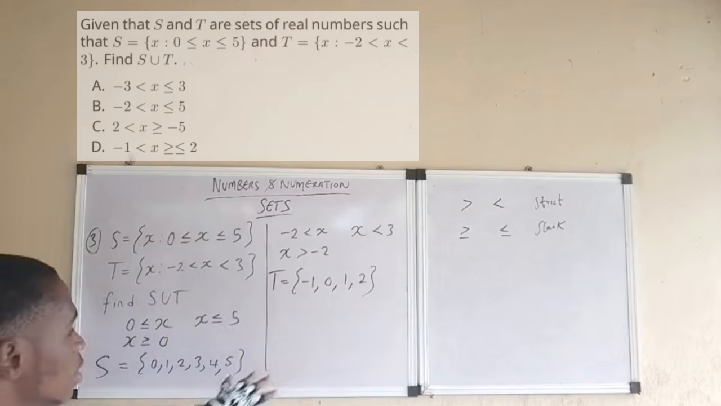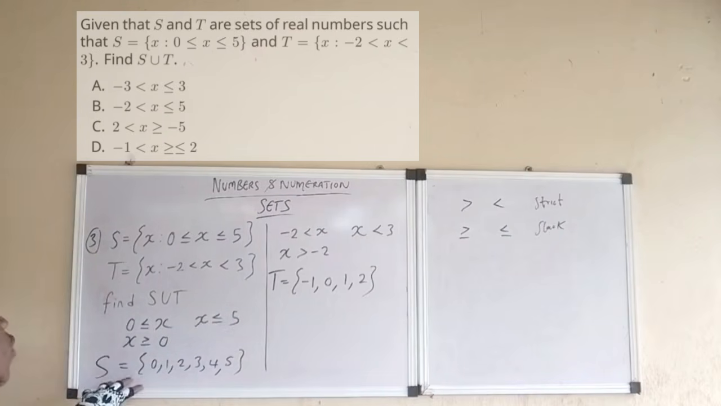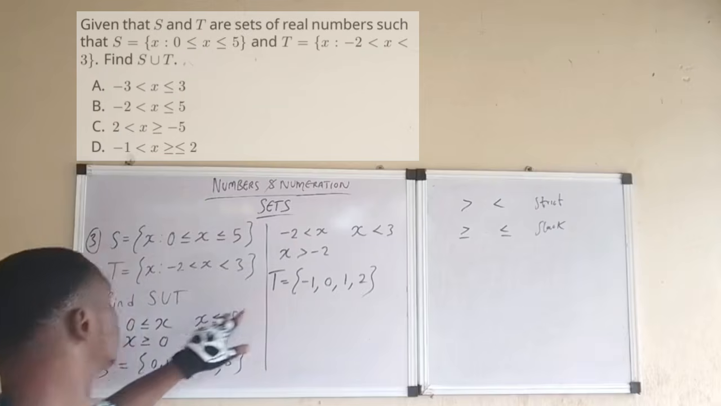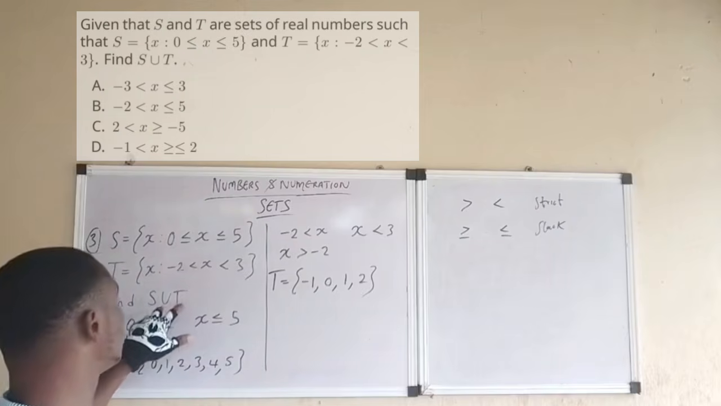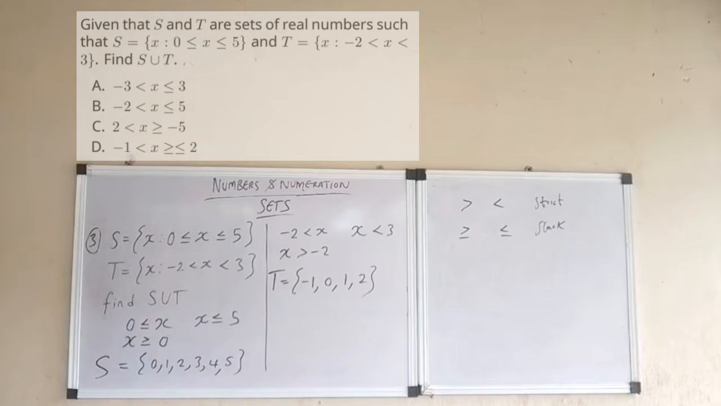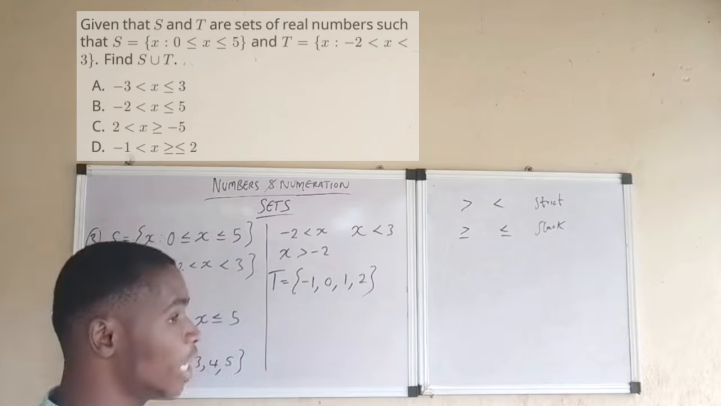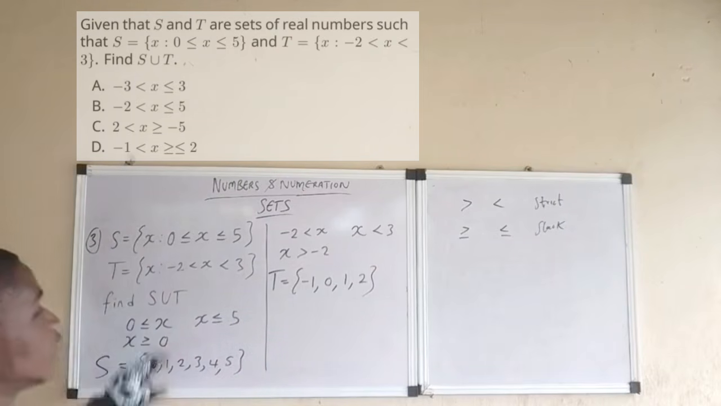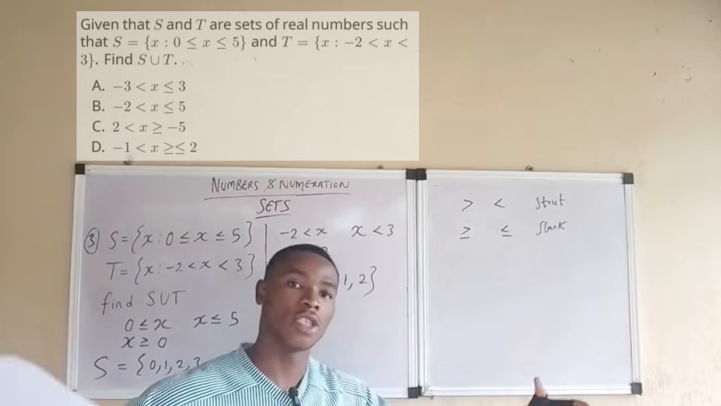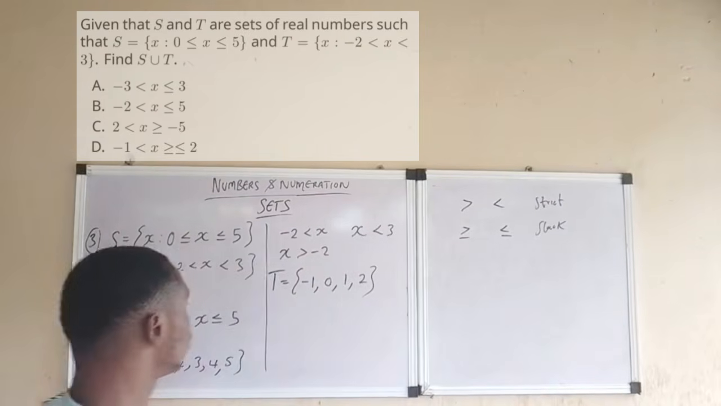After you have done that, you have your elements for set S and the elements for set T. The question now says we should find the union between S and T, meaning merge all the numbers that you can find in S and T. Merge all the elements together. That's what union means. Bring them together. The union. Do you understand? So S union T,